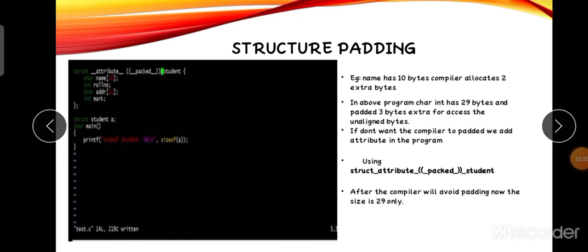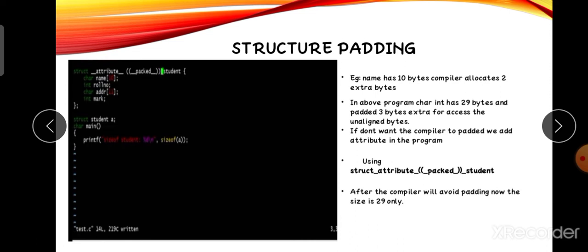Masking means the 4 bytes are separated 2 by 2. This happens in that program. We also learn one more new topic: unaligned bytes and aligned bytes. If 1000 mod 4 is equal to 0, this is an aligned byte, and 1000 mod 8 not equal to 0 is an unaligned byte.